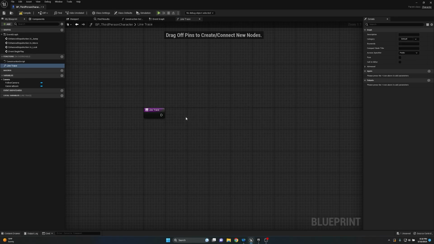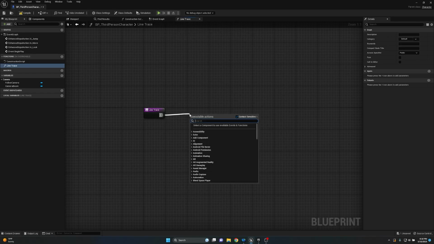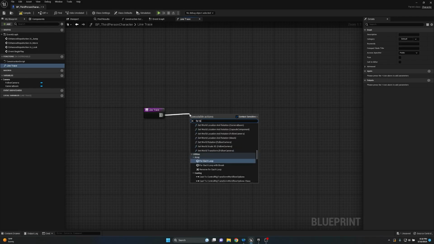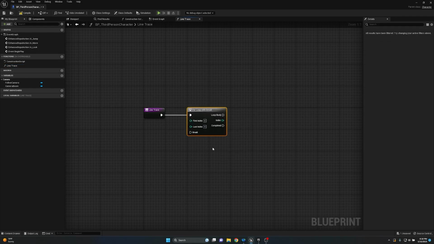Now, for single execution complex traces, realistically, there's 2 things that make this entire thing work. So the first thing is we'll pull off the line trace and we're going to add that first one in, which is a for loop with break. So the for loop with break essentially allows you to loop a section of code and you can choose the index value for how many times it loops. So for example, if we set the first index to 1, and we set the last index to 10, it's going to perform 9 traces. However, if we set this to 11, it'll perform 10 traces because we're setting our first index to 1,